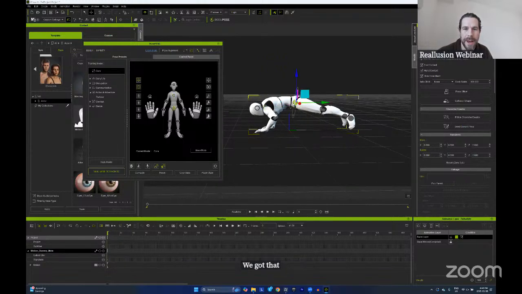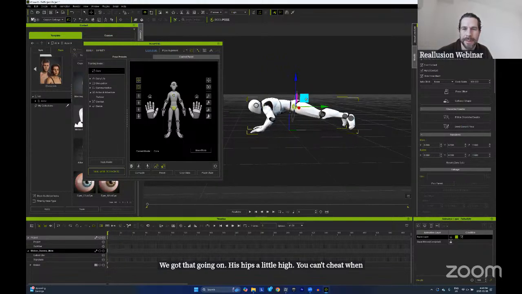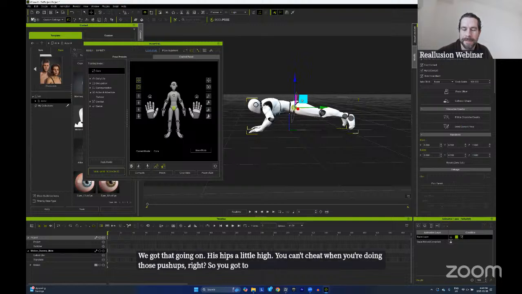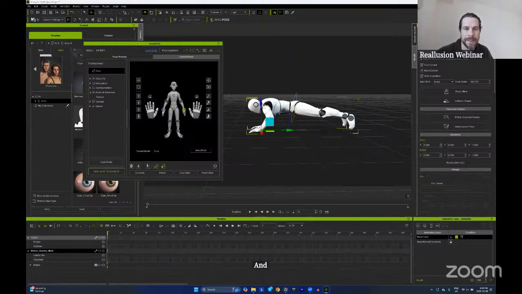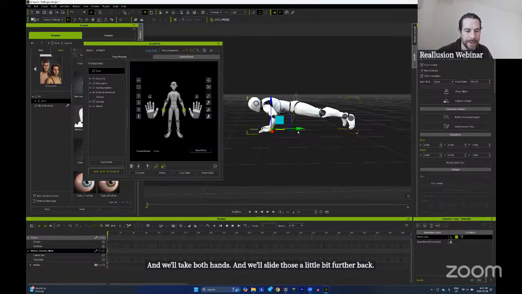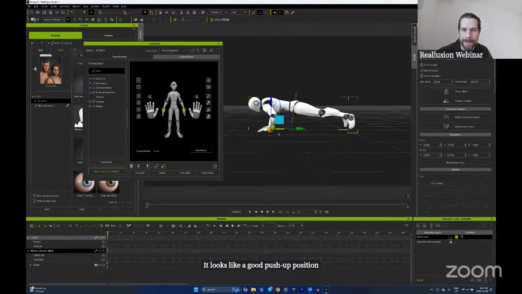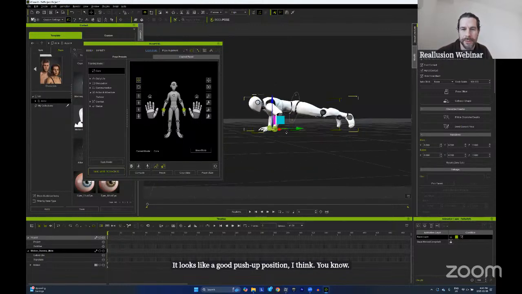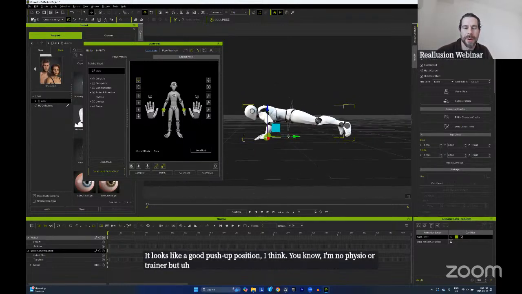His hip's a little high. You know, you can't cheat when you're doing those push-ups, right? So you got to move the hip down a little bit. And we'll take both hands and slide those a little bit further back. That looks like a good push-up position, I think. You know, I'm no physio or trainer, but there you go. We'll start with that. And you can see right now that since I moved those hands, they have automatically gone to manual control for the translation. All right. So now if I take the chest and move it up and down,